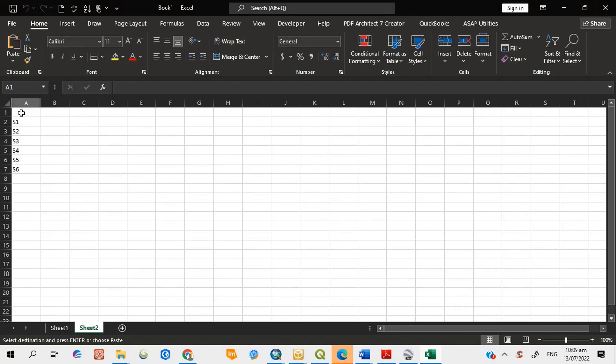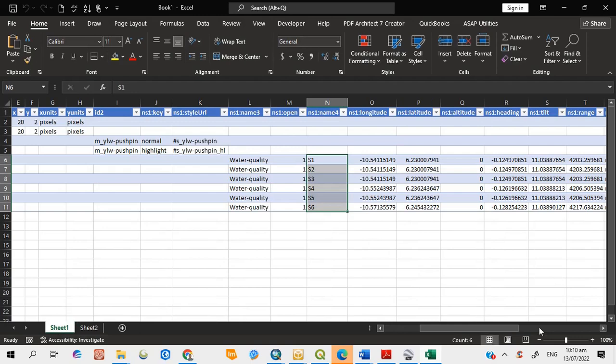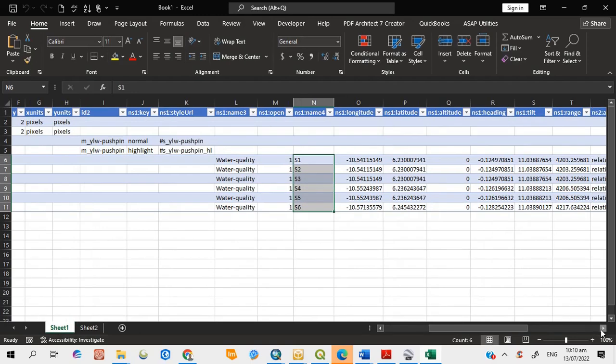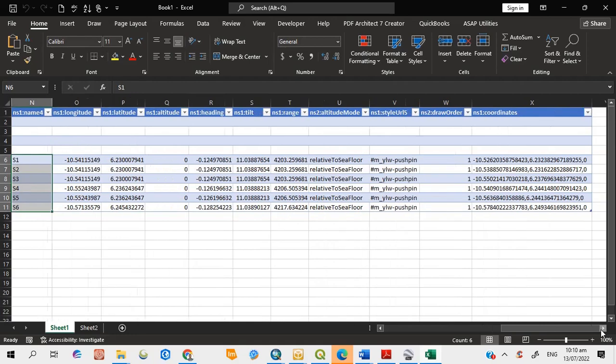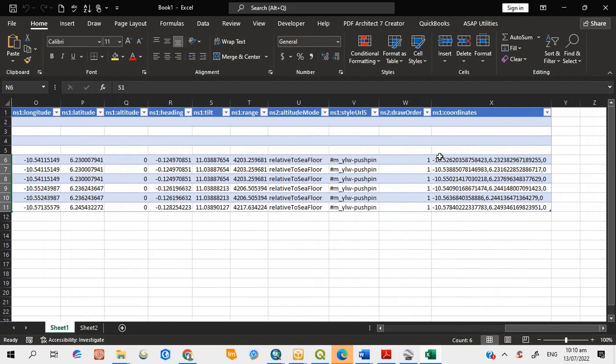What I have just pasted here represents codes of the locations where I collected the water quality samples. So I will mention that so that there is no confusion. Then I go back to the original Excel document. Now I have to copy